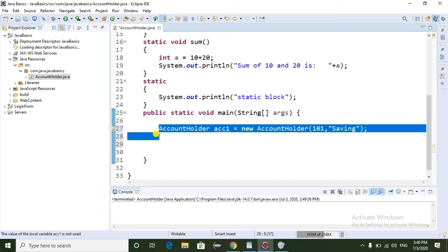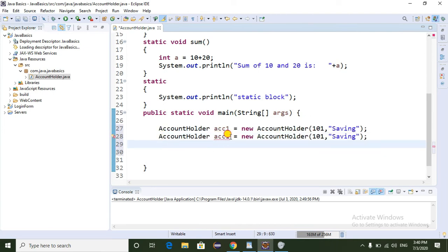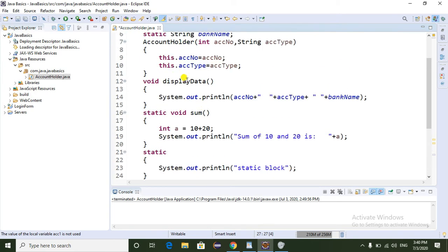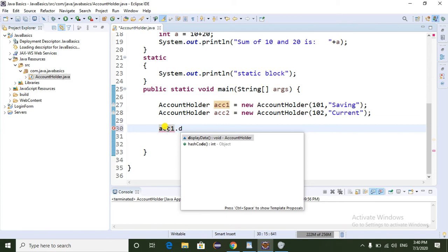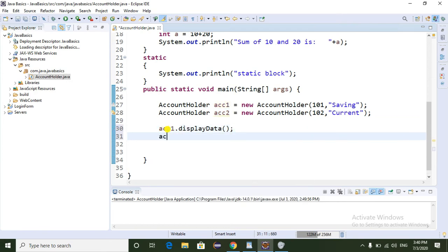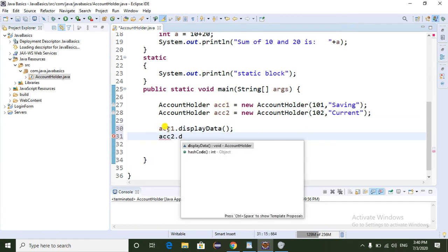And I am going to create one more object, account2. The account number is 102 and account type is current account. So here I am going to call the displayData method, account1.displayData, account2.displayData.